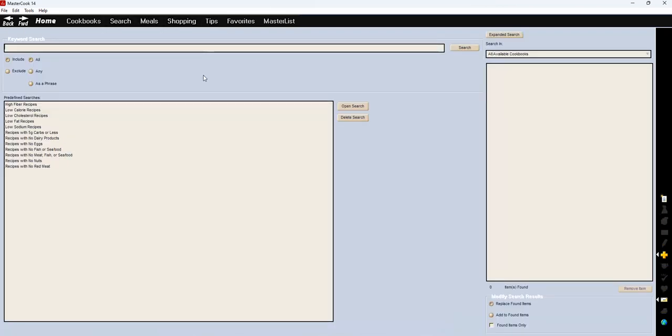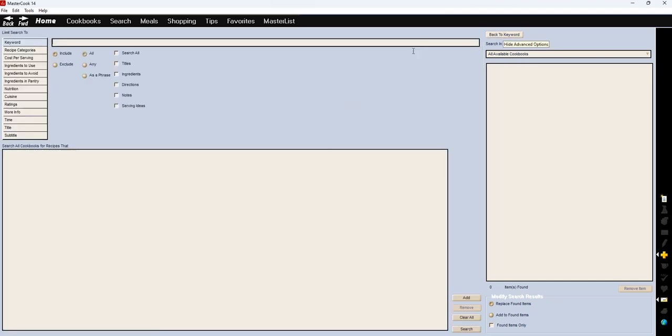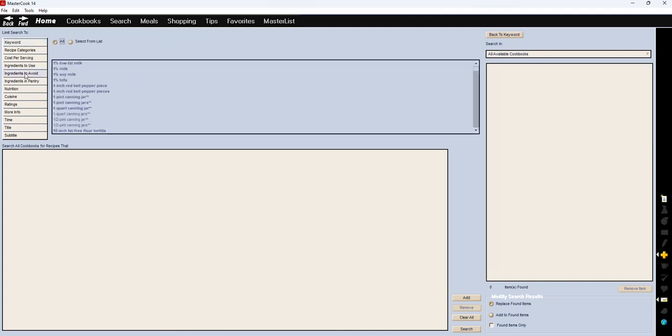There is the search screen, and it has a basic keyword search here that you can use. Or if you click on the expanded search button, it actually lets you have more things that you can search by. So if you wanted to search for recipes that excluded certain ingredients, such as if you have somebody who has a peanut allergy, you can tell it to avoid certain ingredients such as peanuts. You just select them here,